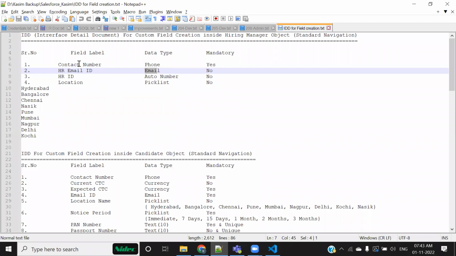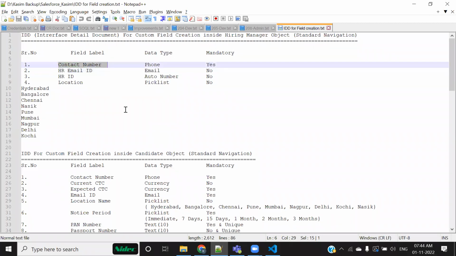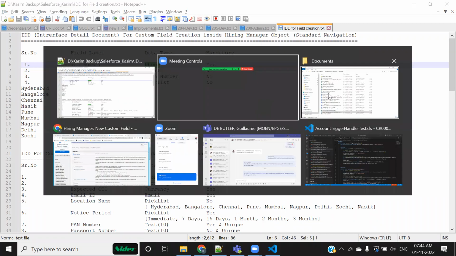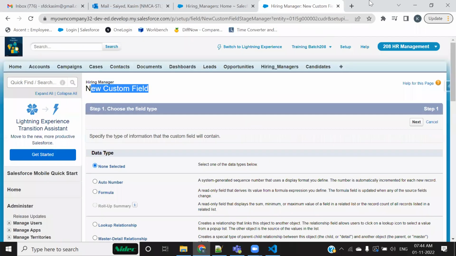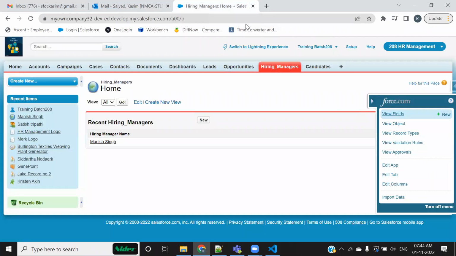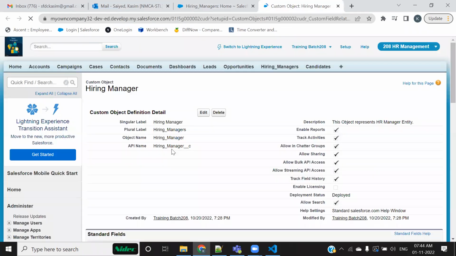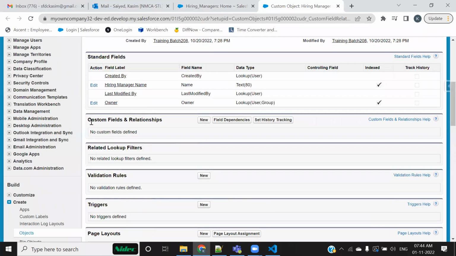All right, so I have to create all these fields. Now I'm selecting first of all a field called contact number. What is the data type of this, phone? So I would go to hiring manager. One way to do this is to go to view fields, go to the custom fields and relationships section and click on new.